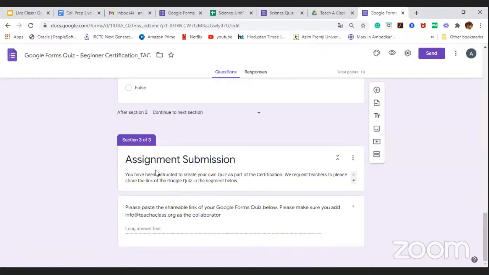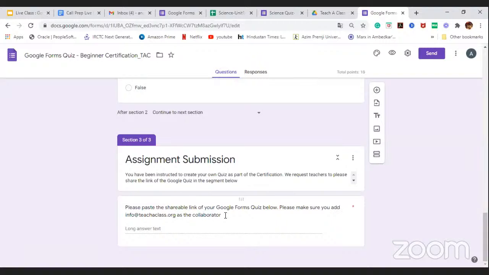You have been instructed to create your own quiz as a part of the certification, and we request teachers to please share the link of the Google form quiz you created during the session. You need to add it here. We have put the question: please paste the shareable link of your Google form quiz below, and please make sure you add